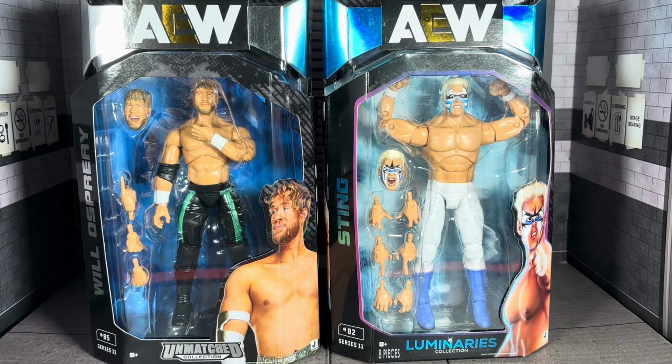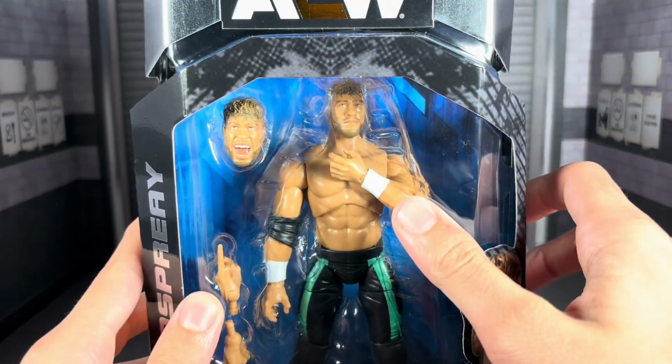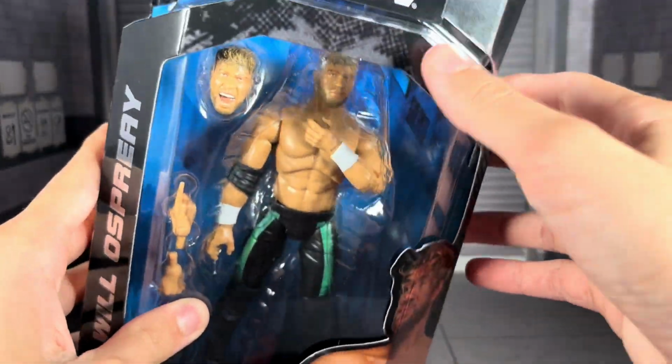But this is my first Ospreay figure and my second kind of Sting figure from this era. I have one kind of similar we could see in comparisons, but let's just get into it. We'll start with Ospreay. So looking at Ospreay's packaging, you get the figure in there, the plastic window, AEW up at